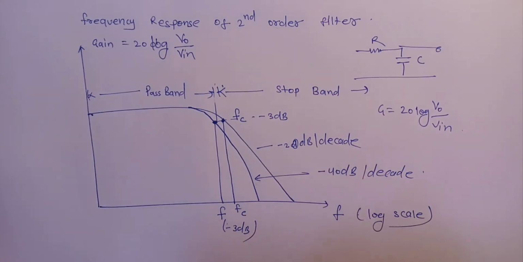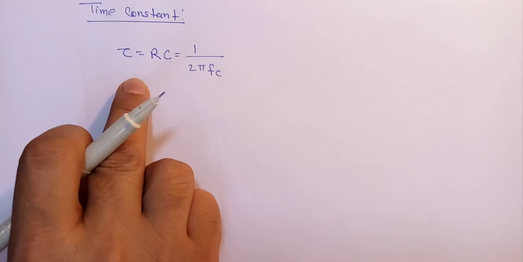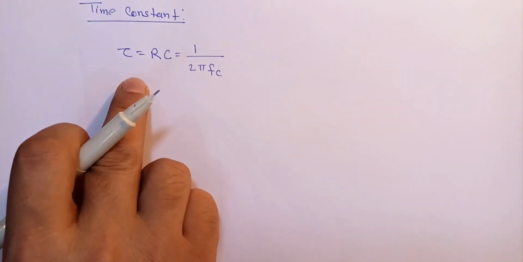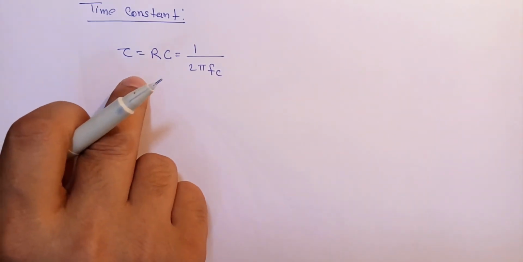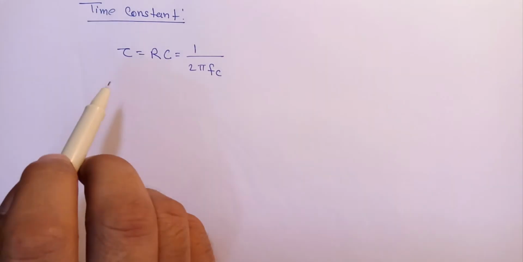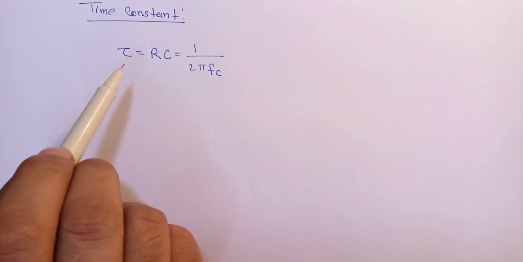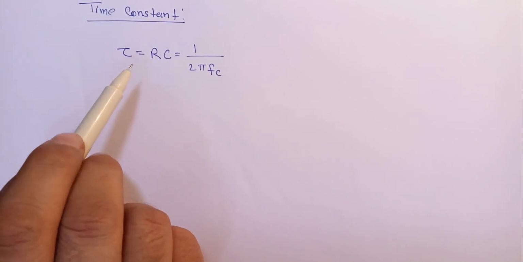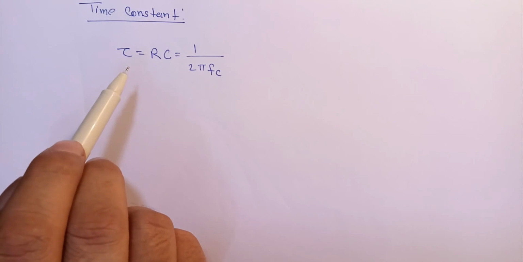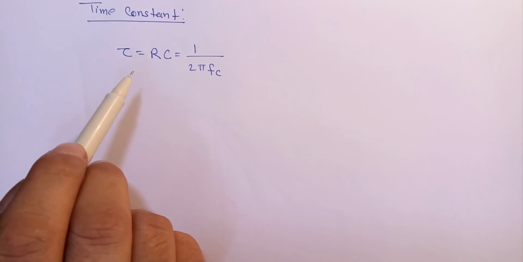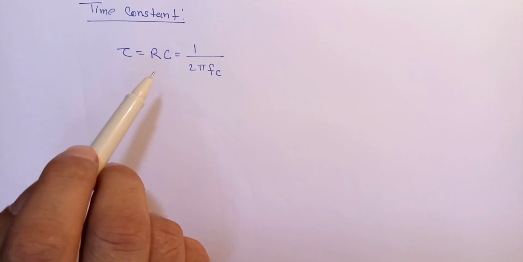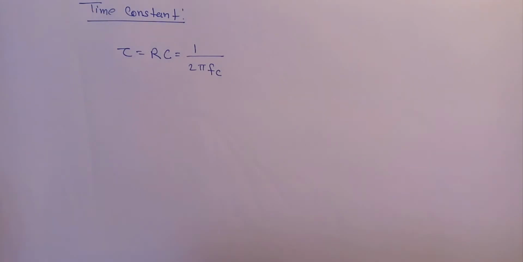So now let's discuss the time constant of the filter. Till now we have been interested in the frequency response of the low pass filter, and the specified cutoff frequency FC is determined by the product of the resistance R and the capacitor C in the circuit. By altering either of the two components, the cutoff frequency FC point is altered, either increasing or decreasing it.